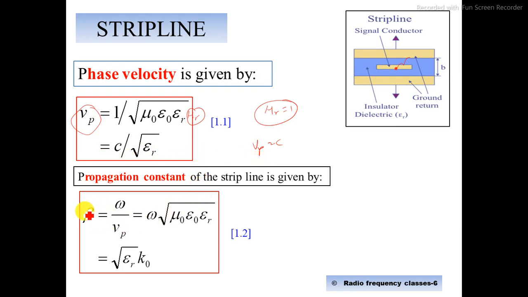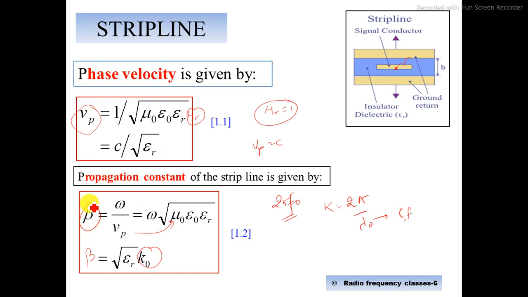In the same way, when talking about the propagation constant inside this strip line, that is omega by Vp, angular frequency divided by phase velocity. Omega is nothing but 2 pi f naught. Vp is under root mu naught epsilon naught and epsilon r multiplied with this, so Vp can be replaced with this, and here we'll have under root epsilon r and k naught. The same thing can be written this way because omega is 2 pi f naught, and k is 2 pi by lambda naught, and lambda is related with c and f. So we can change all these parameters and write beta is equal to under root epsilon r k naught. k naught is nothing but a wave number. So we can find out the propagation constant.